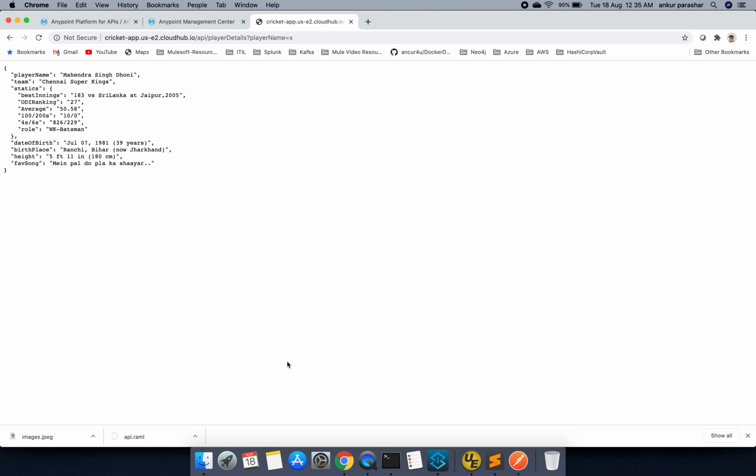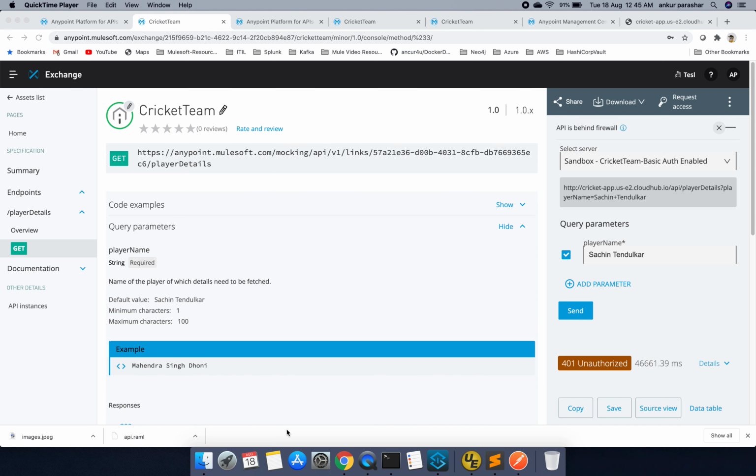But I would prefer that we should have an API proxy in order to set any policy on top of any implementation URL because it will keep your